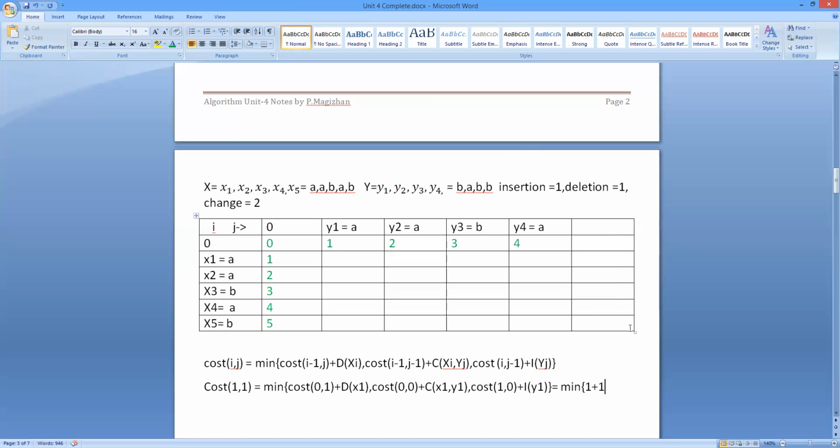The deletion is 1, comma, then cost of 0, comma 0. Cost of 0 0 is 0. So 0 plus change cost of xi yj. So x1 y1, change cost of x1 comma y1, comma, cost of